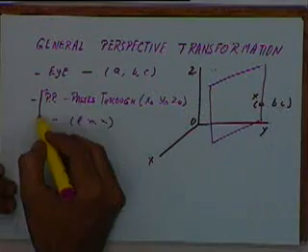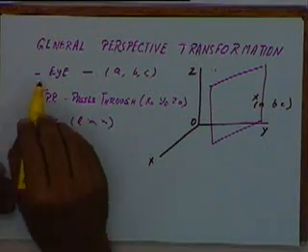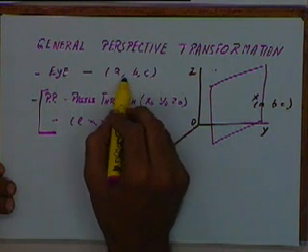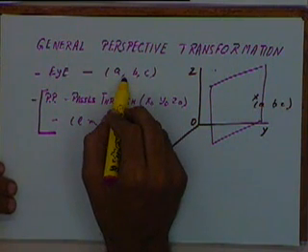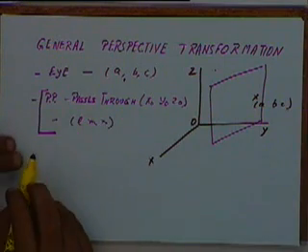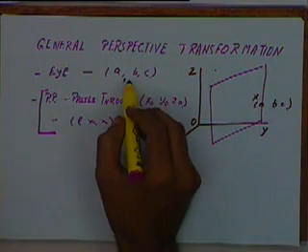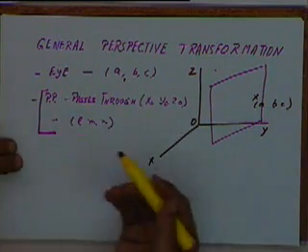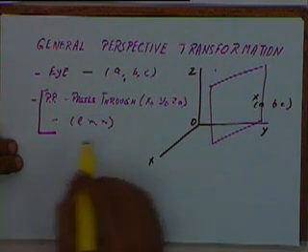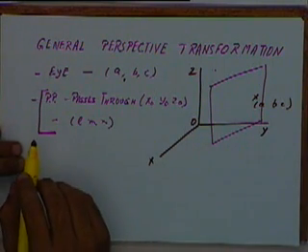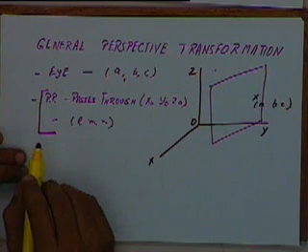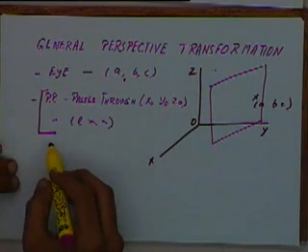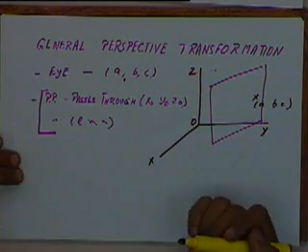In the last case that we had, the projecting plane was the same as this, but the eye, instead of being at A, B, C, was at the origin. Now what I am saying is that the eye is also at any arbitrary location, and the plane is also any arbitrary plane. How do we get the perspective projection? Now in this case we will use standard projections.